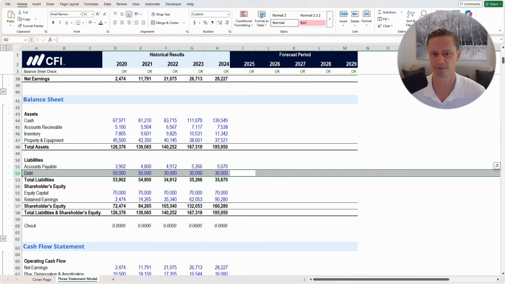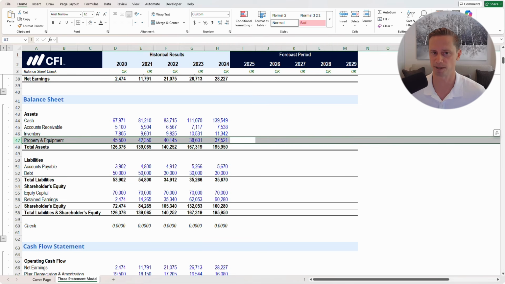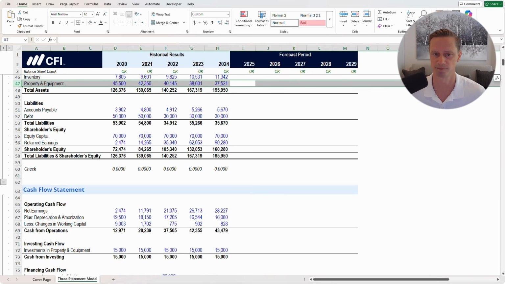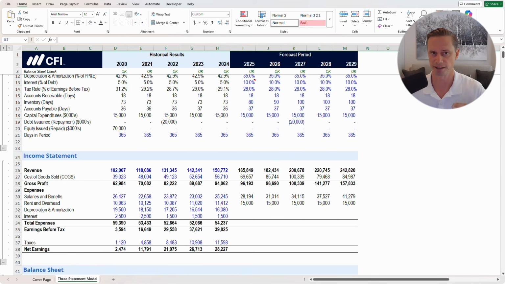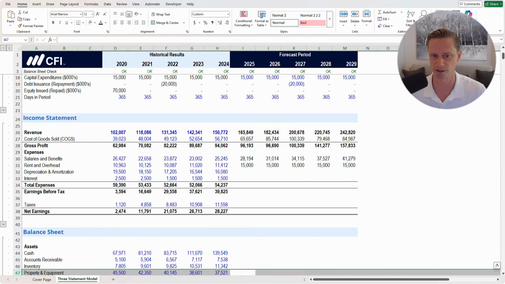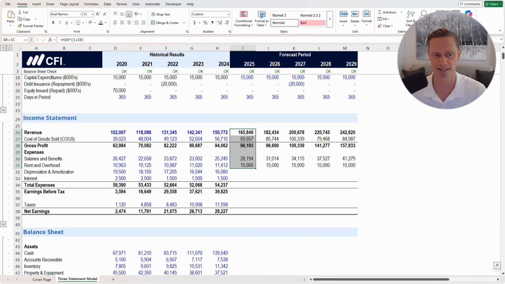And like I said just a minute ago, we don't have property, plant, and equipment or fixed asset balance either. So we can't do those, but that's fine. The key to building a model is to just chip away at whatever you can do in whatever order you can do it. So you start at the top of the income statement, get down to the point where you